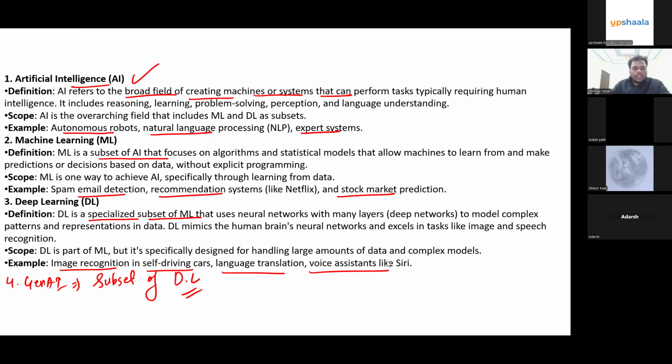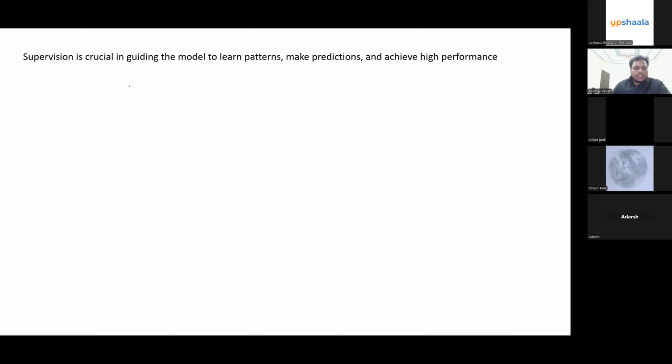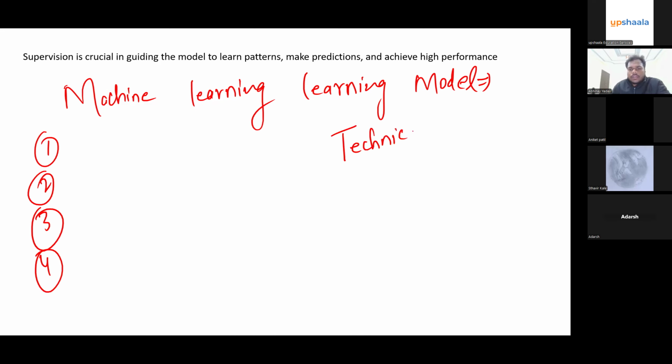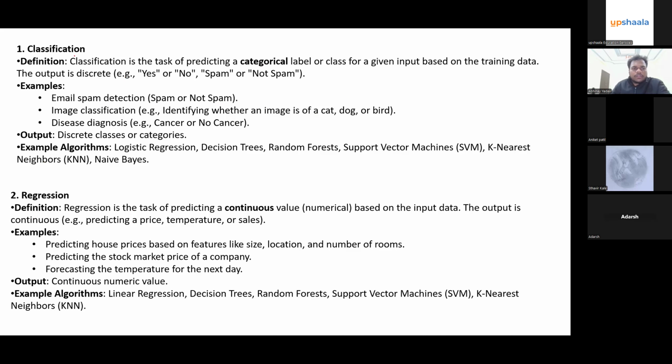Now the thing is the machine learning model. What does the machine learning model do? Basically, we will first understand a few technical terms and what they mean. The first one is classification. So what does classification do? One person asked me, sorry, I forgot your name, suppose there is some text written over there.